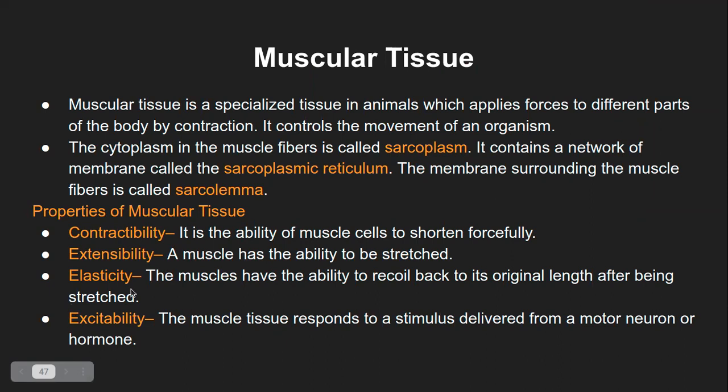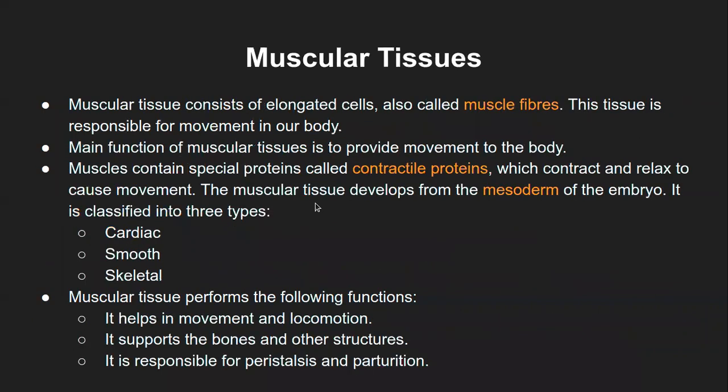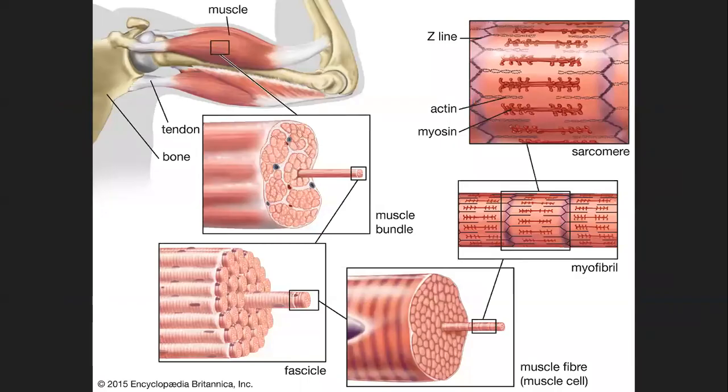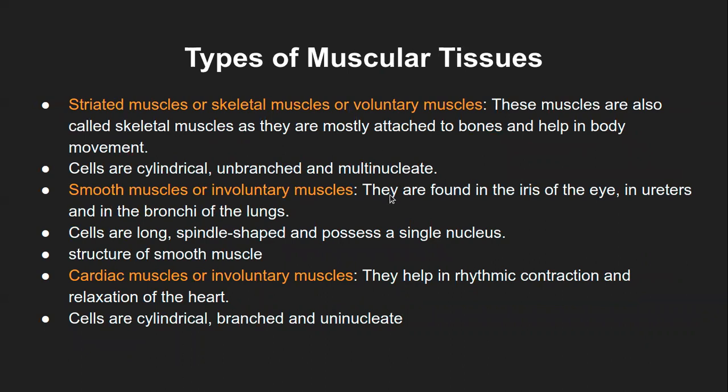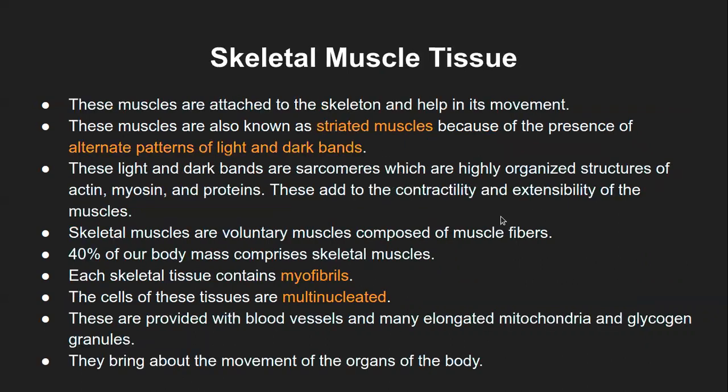Functions, I guess you are very much aware of, I don't have to revise it. These three concepts that we had looked at: sarcoplasm, sarcoplasmic reticulum, and sarcolemma, are the equivalents of the regular cell parts in terms of a muscle cell. So these are similar parts in the muscles itself. Okay, so that was it. And then we had looked at three types in brief. So I'll directly come to the first one.